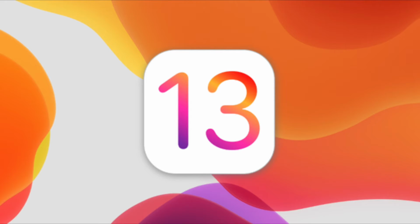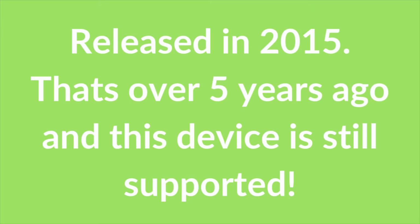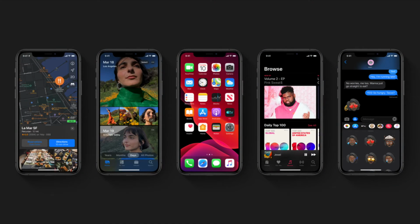iOS 13 is currently the latest iOS, and the oldest iPhone currently supported on iOS 13 is the iPhone 6s. The iPhone 6s was released in 2015. It's 2020 right now, and that makes this phone over 5 years old, and it's currently still up to date